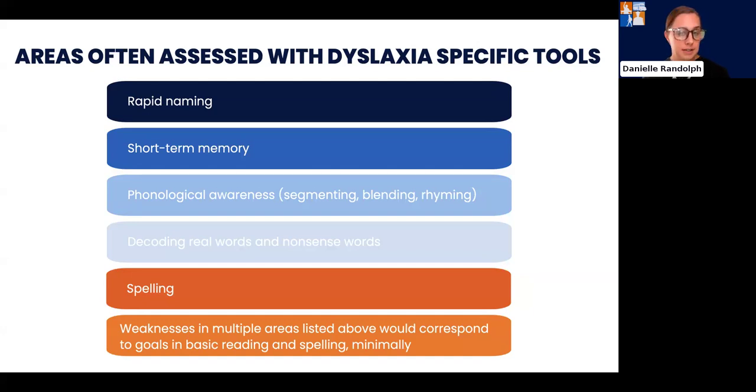Decoding real words and nonsense words. So, of course, decoding real words is important, but sometimes students can memorize words. So, being able to give them a list of nonsense words allows us to see, can they decode words? Do they know the letter sounds and how to blend those letter sounds into words, even if the words don't